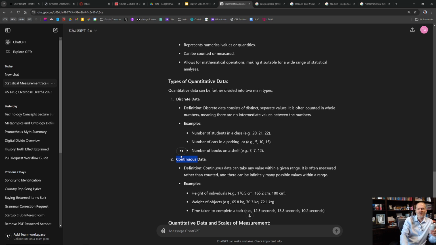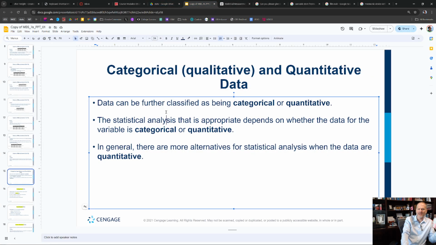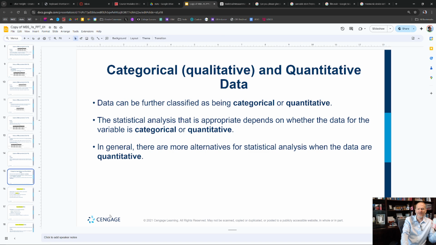So that's how we can start to categorize data and think about data and the words we use to talk about data. We're just gaining a foundation for this field of statistics and how we start thinking about and talking about data. It's just like, you know, people often say that Eskimos have like 100 words for snow or whatever. If you're not deeply involved in understanding something, you might have one word, it's snow, but if you're deeply involved in it, you've got all these different ways of describing the type of snow.